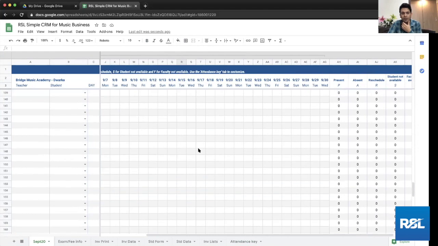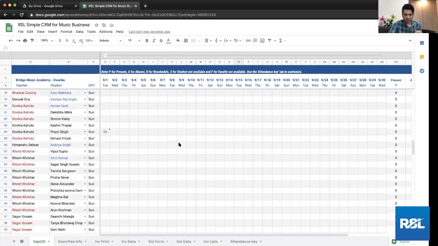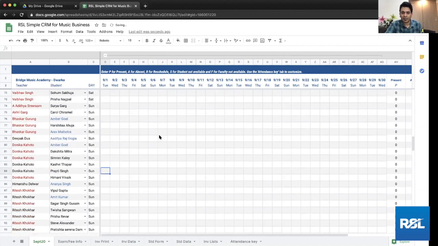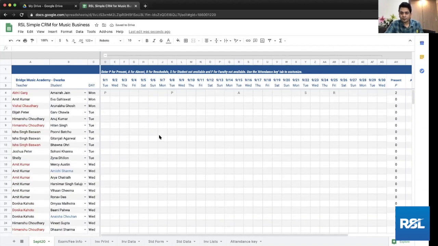What you should not be doing is clicking and dragging anything. I'm going to talk about the precautions later on. So report logic, I've shown you that if there's any attendance mark for anybody, so you can see that SB is no longer a valid input. So it is showing that it is an invalid input there, right?